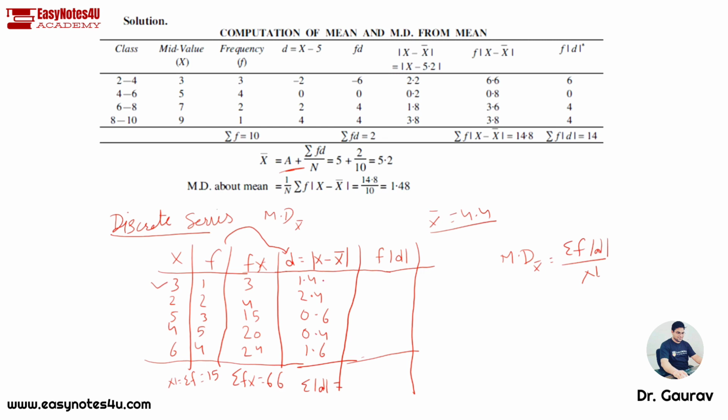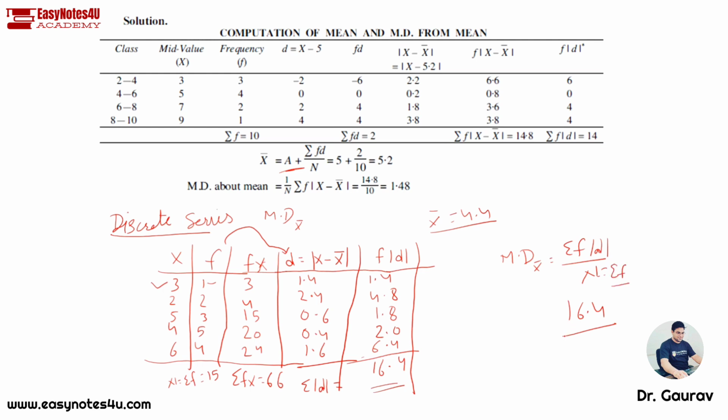तो समेशन एफ डी है, इसमें एफ और डी को मल्टीप्लाई करो, 1 इंटू 1.4, 1.4, 2.4 मल्टीप्लाई बाई 2, 4.8, then 3 multiply by 0.6, 1.8, 5 multiply by 0.4, 2, 1.6 multiply by 4, 6.4, the total will be 16.4। तो you can put the value here 16.4 divided by n,